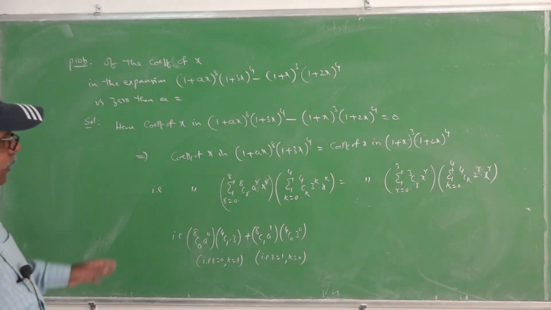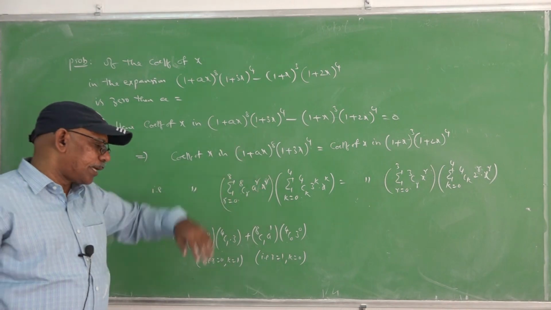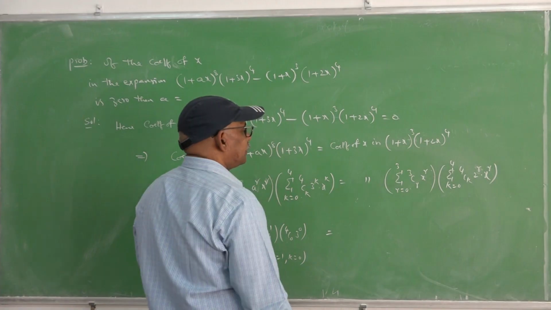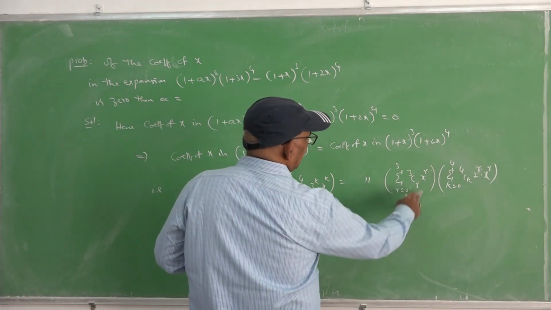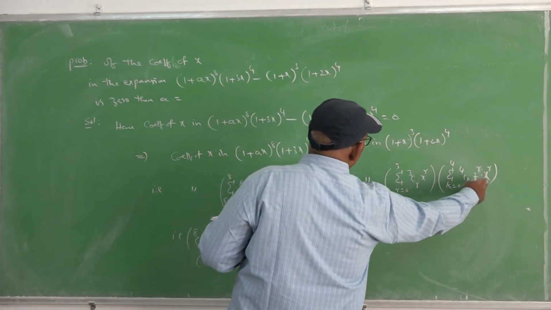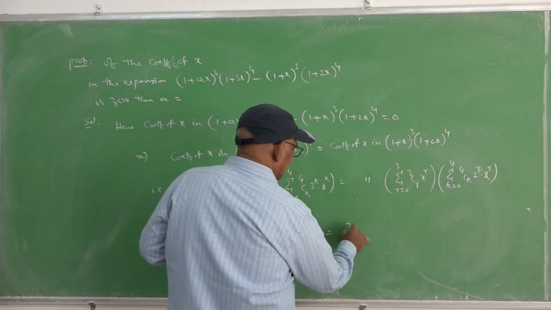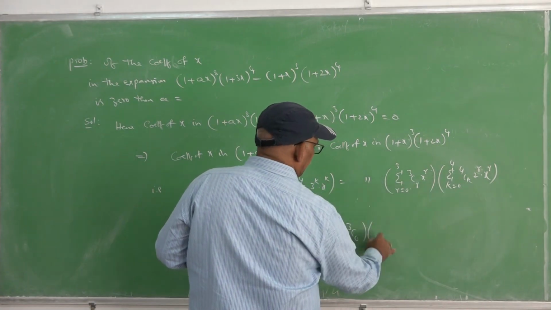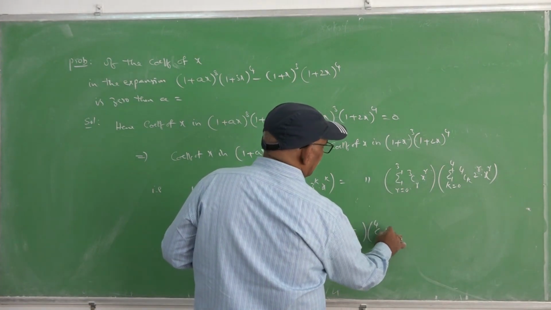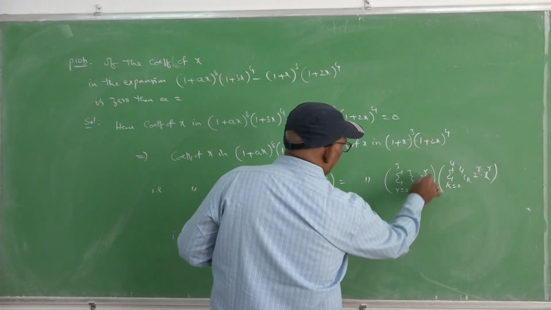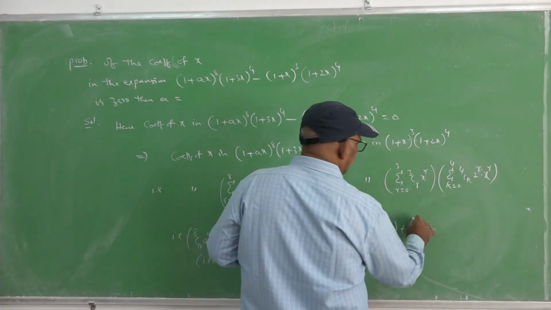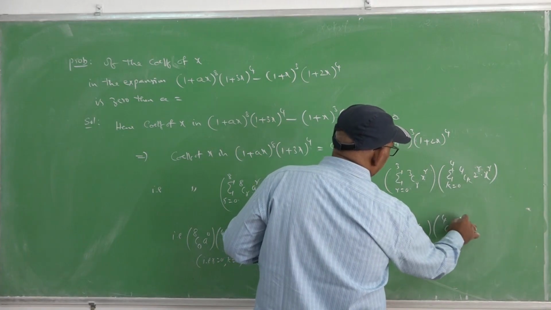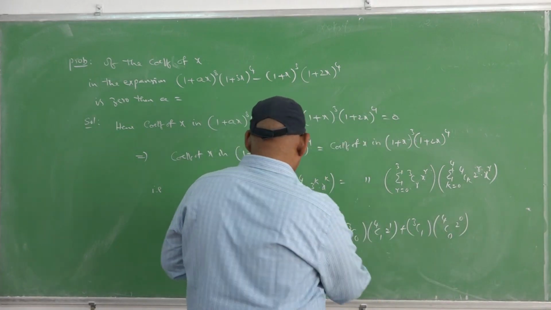In other possibilities, the power of x is more than one. The same concept applies in the other product as well. If the power is 0 here, we have to take 1 there; once you take 1 here, we have to take 0 there. Same possibilities.